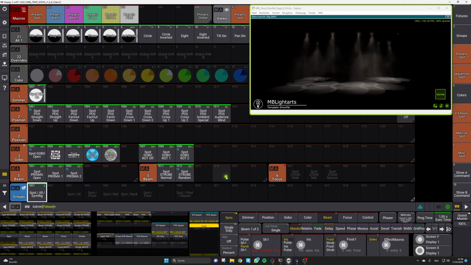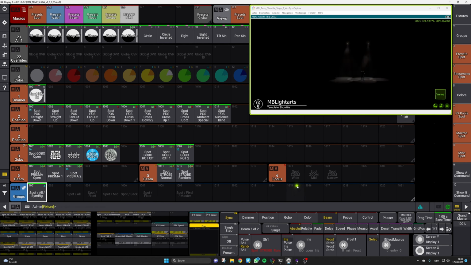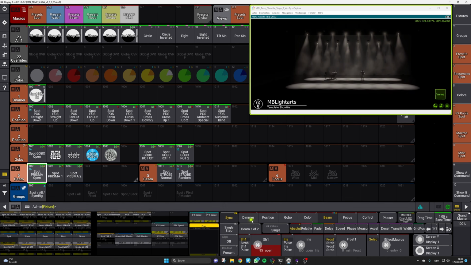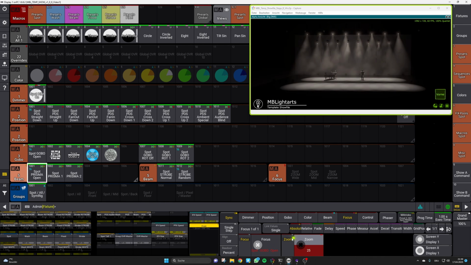Last but not least, we have those focus presets, which are there to set our zoom values for the fixtures. So let us quickly set the shutter to open again, just to see what's happening, and also let us set the prism to open. And after this, we will simply adjust the zoom. So this is our wide position, obviously, even if it's named narrow in here. So we store this